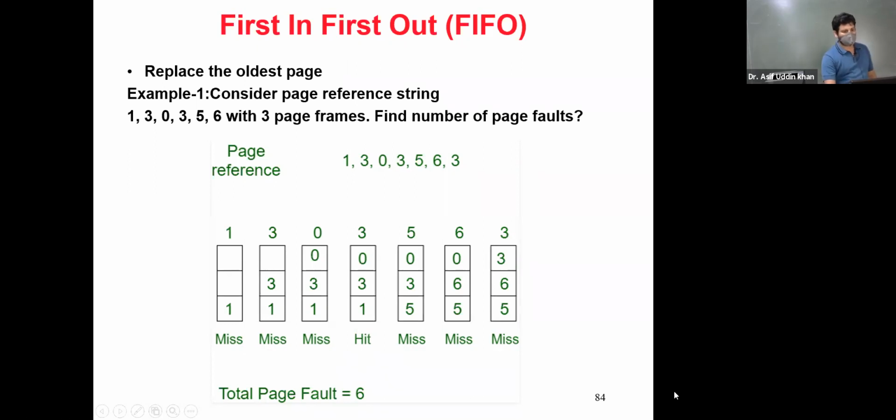Okay, it should decrease. But in some situations, the number of page faults increases with the increase in the number of frames. In the case of the First In First Out (FIFO) algorithm, this is an exception. In some cases, the number of page faults is increasing even if you are increasing the number of frames. This was actually found by a scientist known as Belady. So he observed this, and this is known as Belady's anomaly.